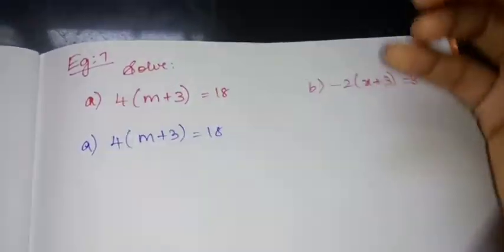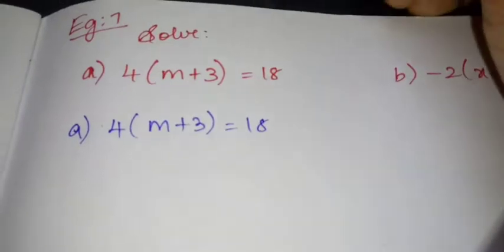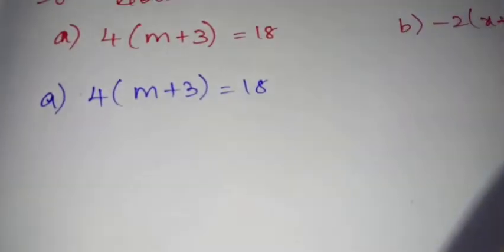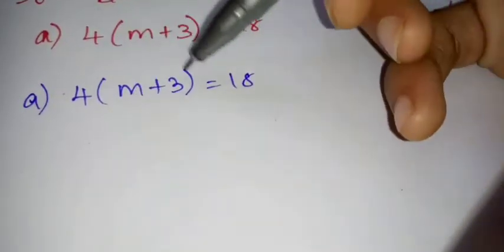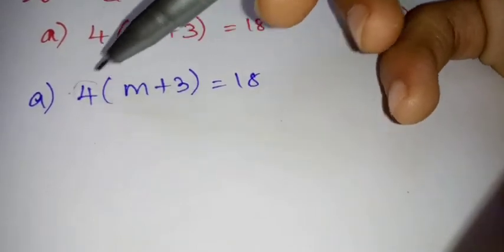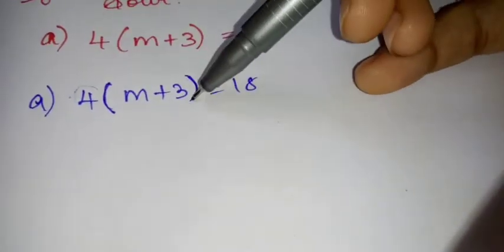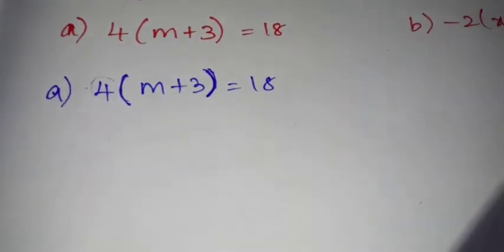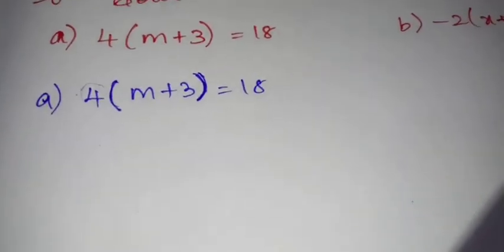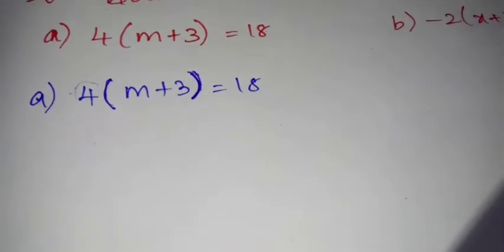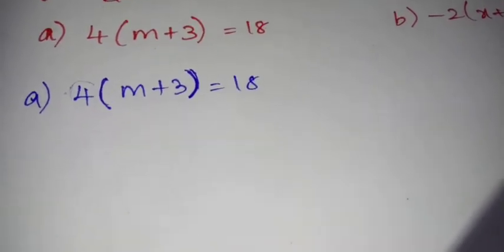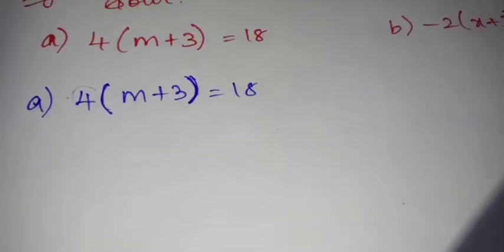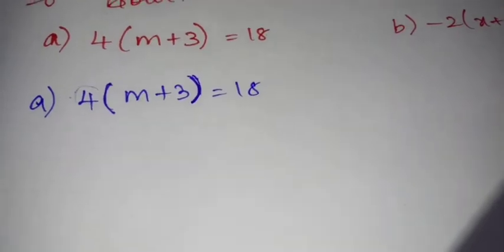See, in this problem, this is an equation, right? But usually we have not learnt like that. Actually this 4 is multiplied with the whole value. First I told you addition should be done first, then subtraction, then multiplication, division. Like that only we will be going, we will shift one by one, correct?